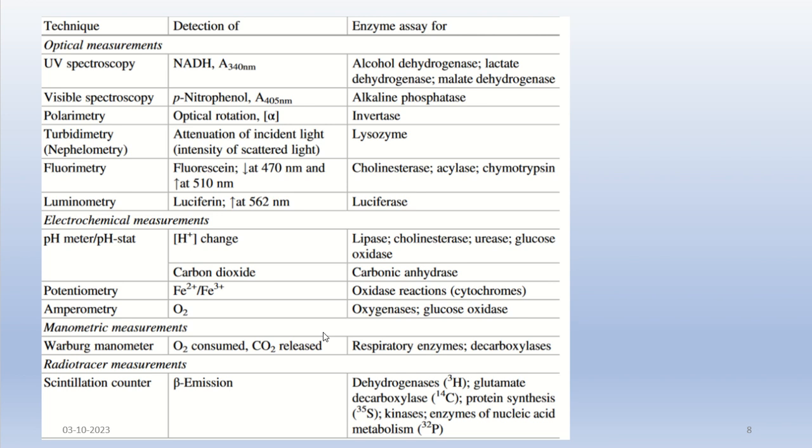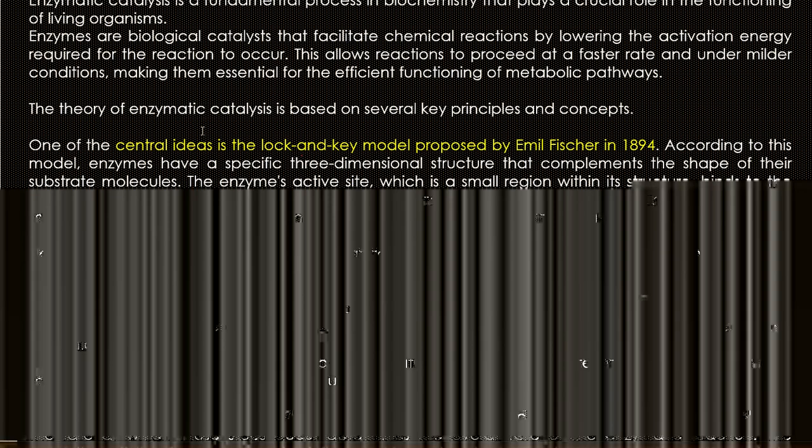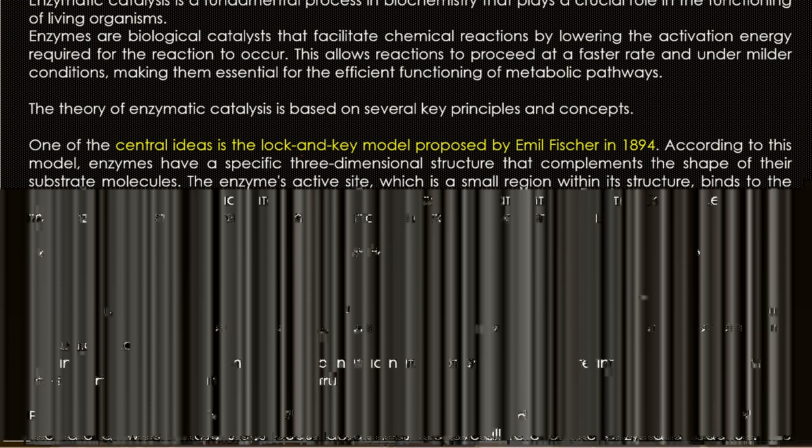These are the techniques through which you can measure enzyme activities. So up to here, we will understand the fundamental things: how the enzyme is formed and what are the